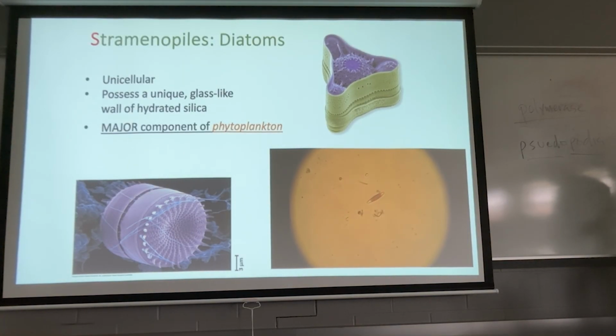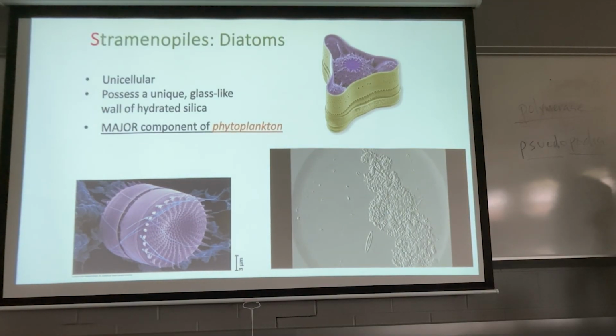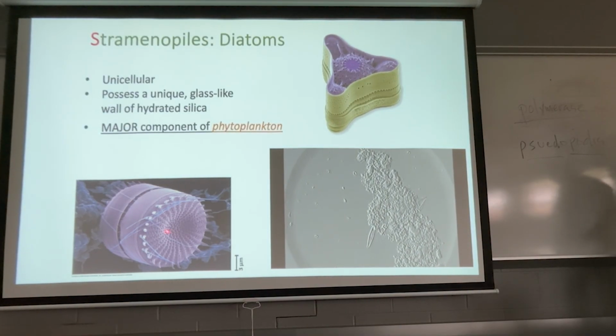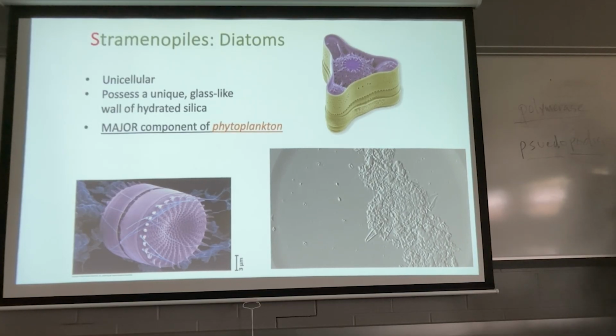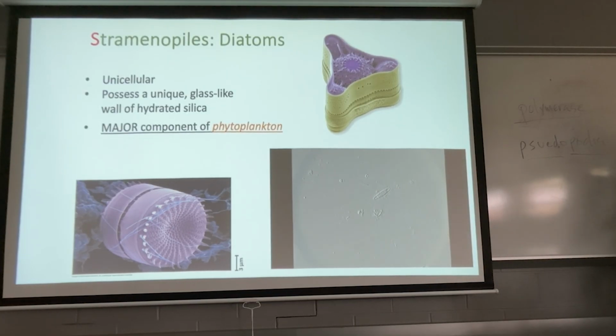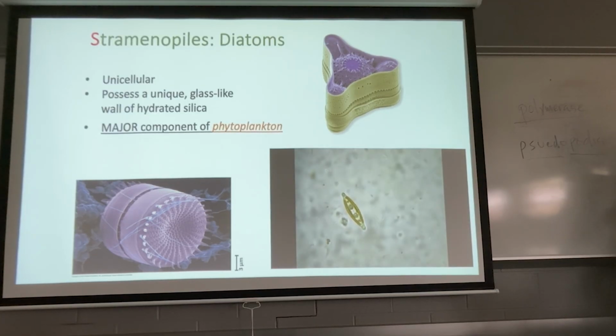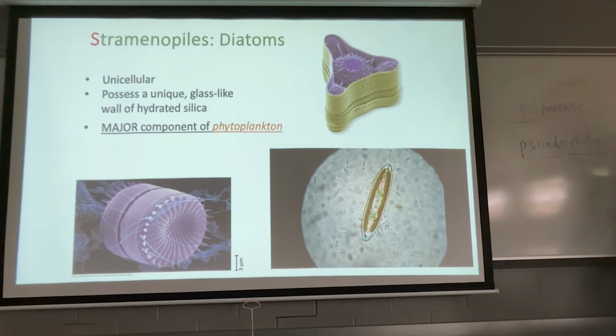So here are some diatoms. Many diatoms, or almost all diatoms, are photosynthetic. So they're photoautotrophs. They have chloroplasts. And they use these little pseudopodia to move around and interact with their environment. So you can see them kind of glide across surfaces. Like you can see here, this guy's gliding. You can see the really elongated, hollow straw-like blue stringy material sticking out of this silica exoskeleton that they use to move around.